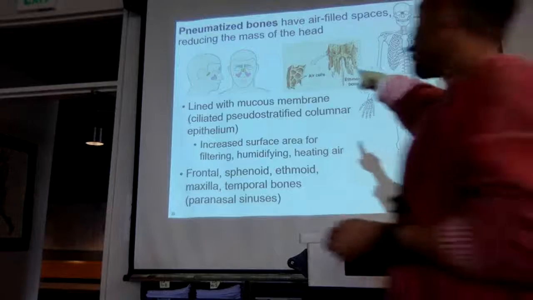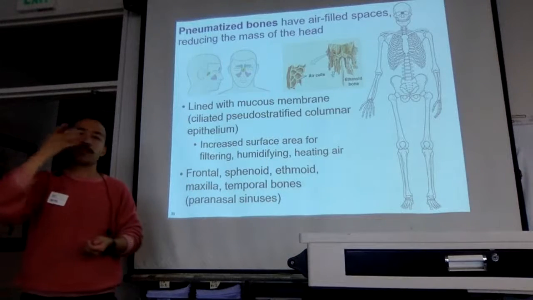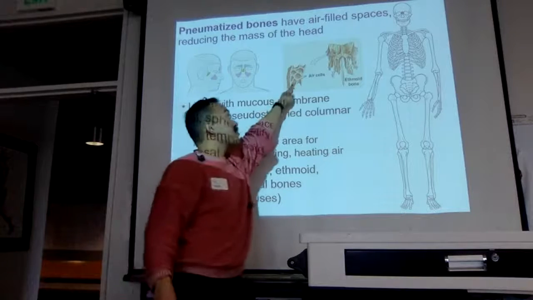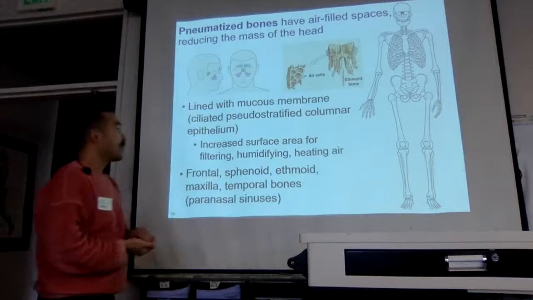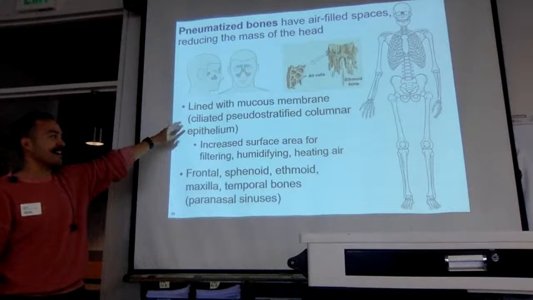You only find this in your face. So this frontal bone and other bones that we'll name later, they have sinuses. They have air spaces within the bone. They're filled with air. The reason why we have sinuses, I know they get clogged a lot and can cause pain, but the reason when they're working properly is